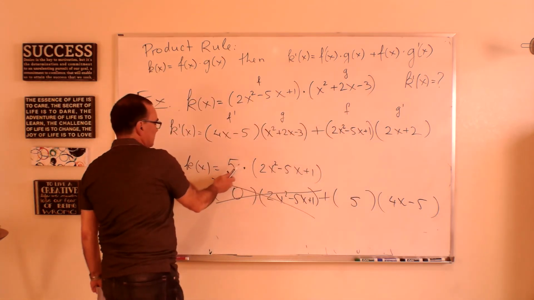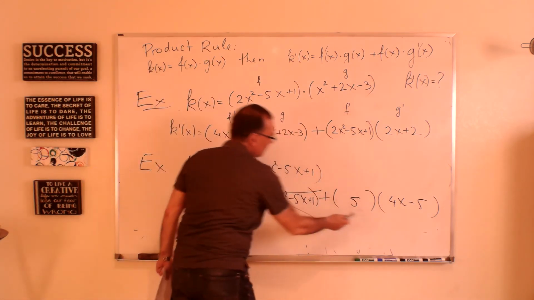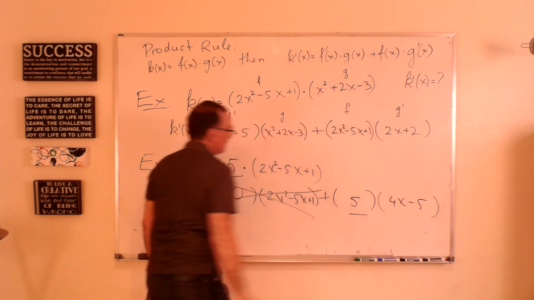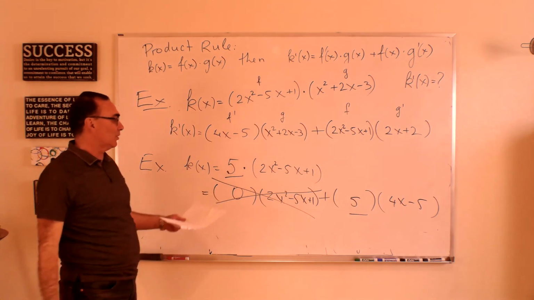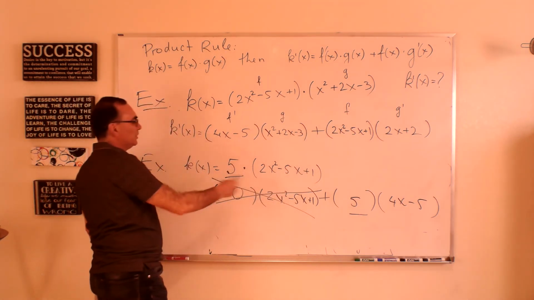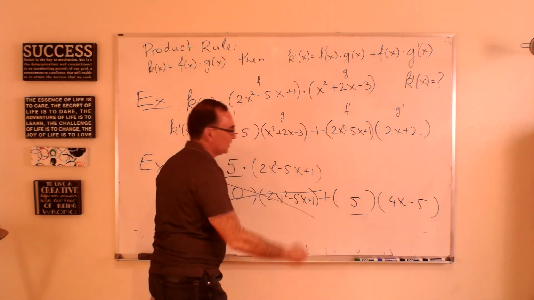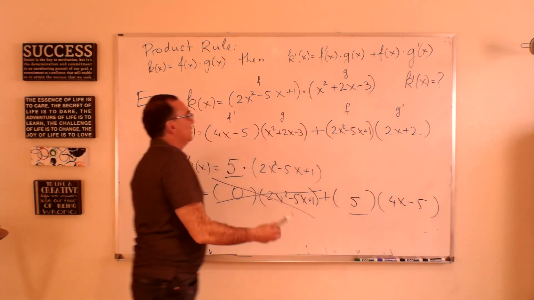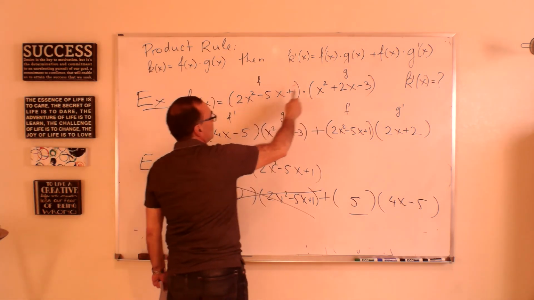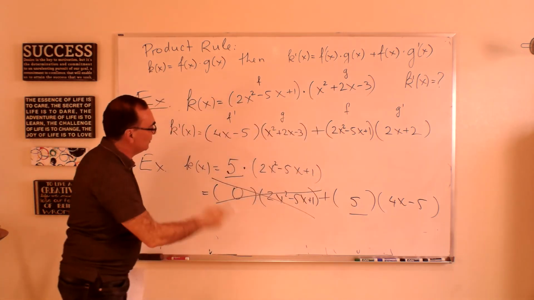And now, if you look at the original function and look at the answer, you see that this constant just becomes part of the answer. So that's precisely the constant multiple rule. So when you have a constant times a quantity, then you better use the constant multiple rule, just faster and gives you the same answer. But if you have a function times another function, or a quantity with x times another quantity with x, then you have to use